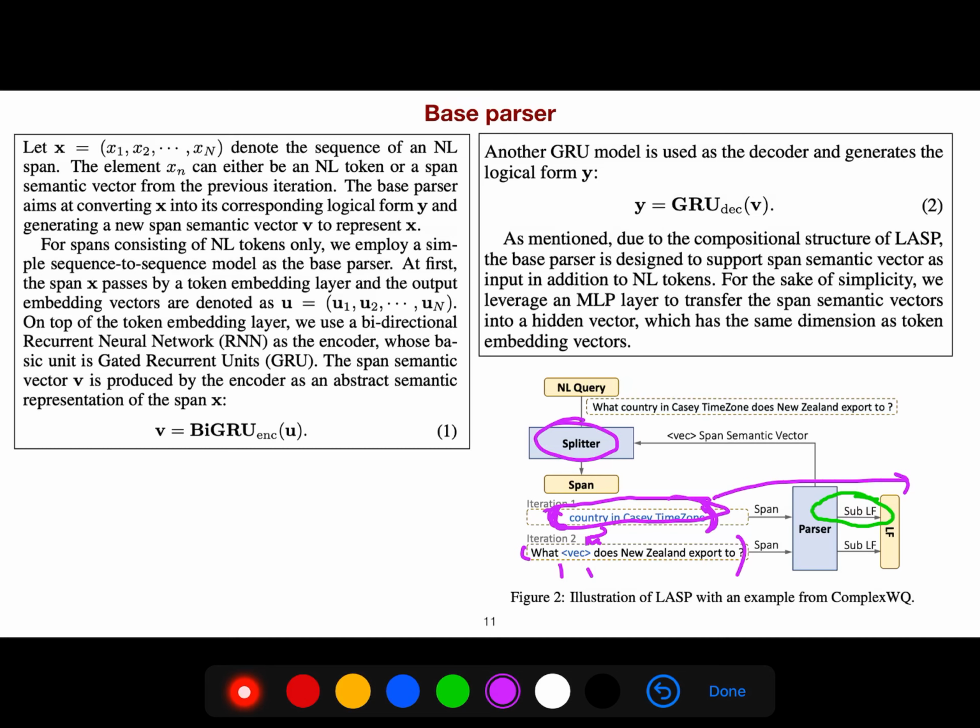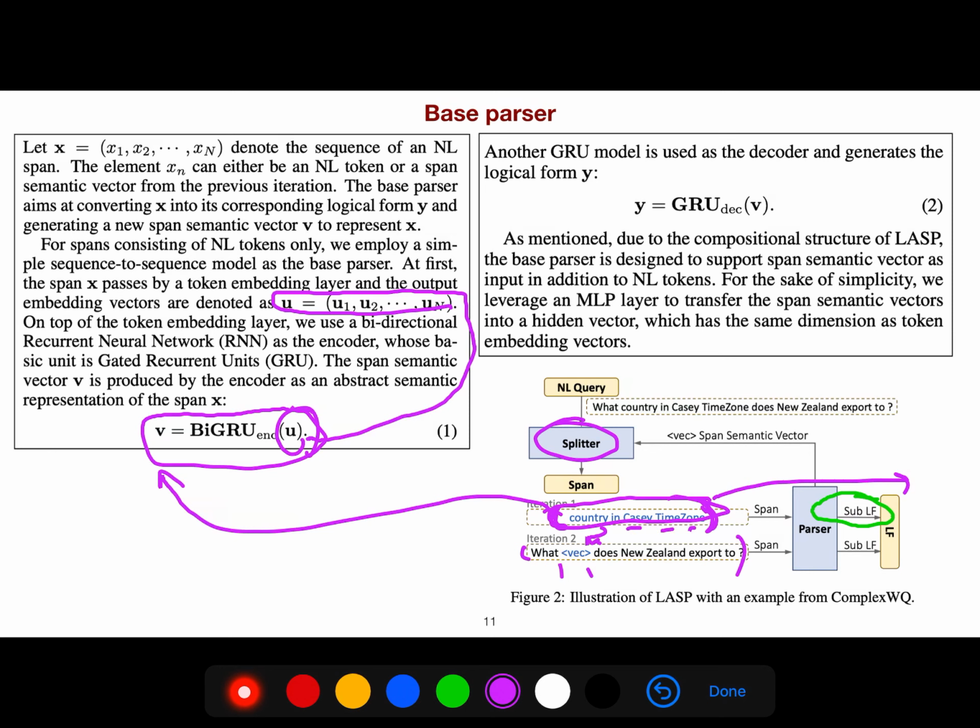So first we have this vector that I said. We need a span semantic vector. For example, we should represent this by a vector, and we use BiGRU as an encoder of u. u is just the embedding of your sentence, the sentence that you want to embed. For example, you want to embed "country in KC time zone", just this part. So this is v, and once you know v, you can generate the logical form just like